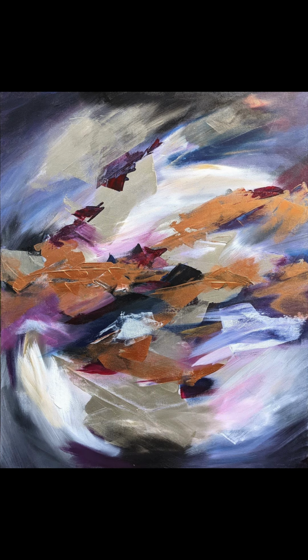It could be painting softly with soft and muted colors. It could be using really bold strokes and using my body, a lot of physicality in making the brush strokes. So that really depends. So the way I paint can change depending on what it is I'm trying to communicate